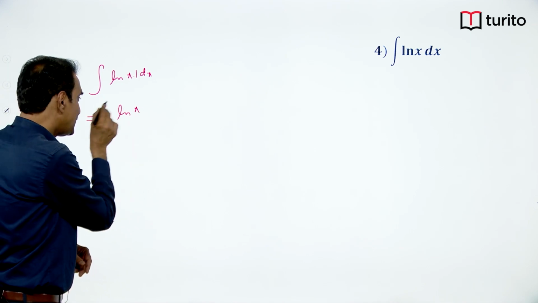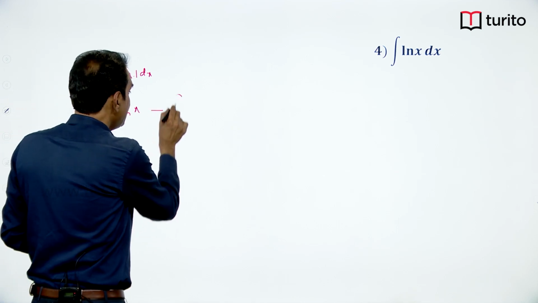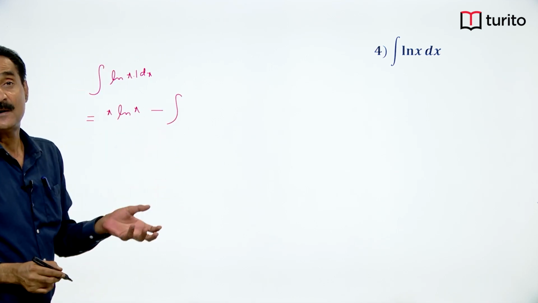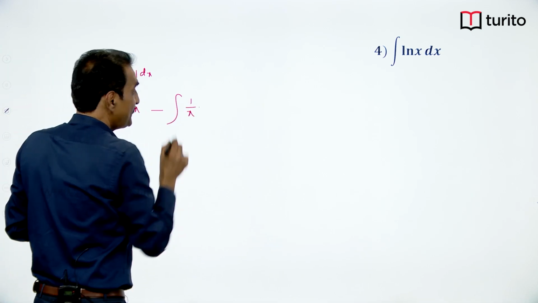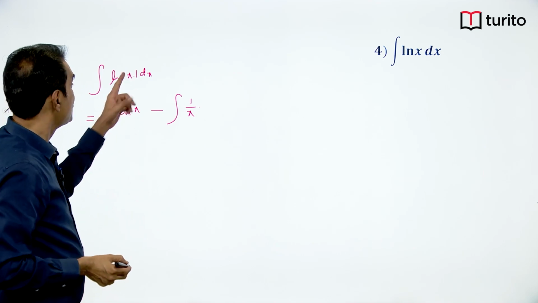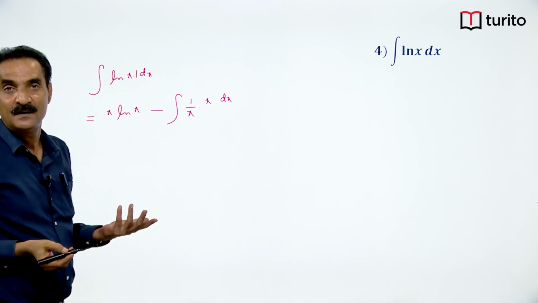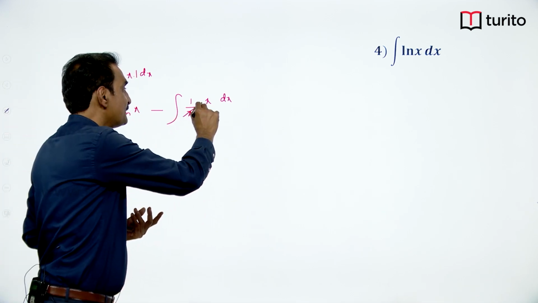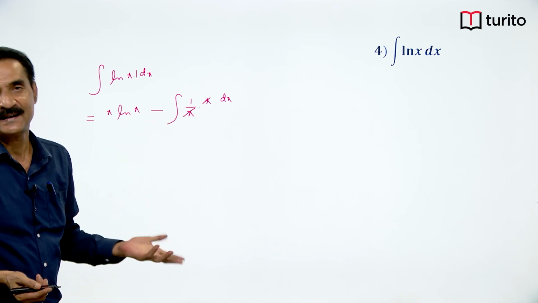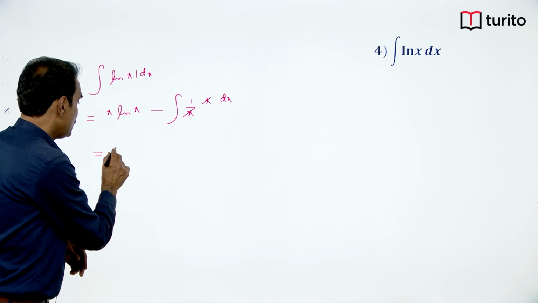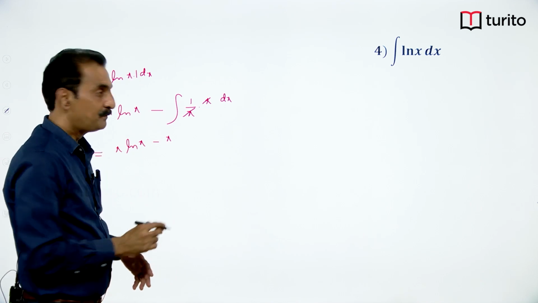X. I will write x this side, x into ln x, minus integral derivative of the first function, derivative of ln x is 1 by x, into integral of the second function, that is x dx. Now this x cancels, it is integral 1. What is integral 1? X. So x ln x minus x plus c,